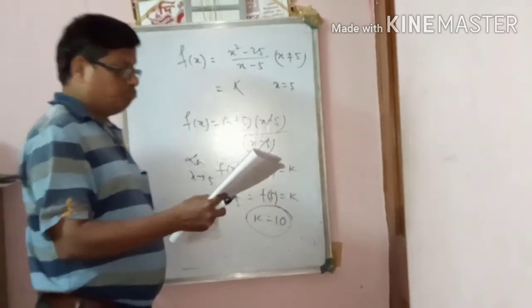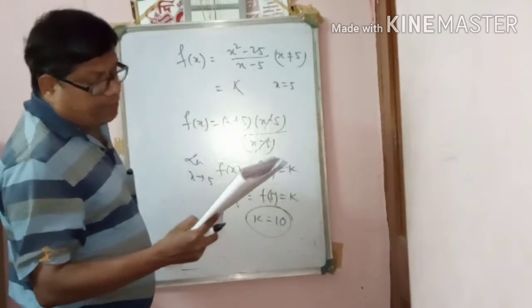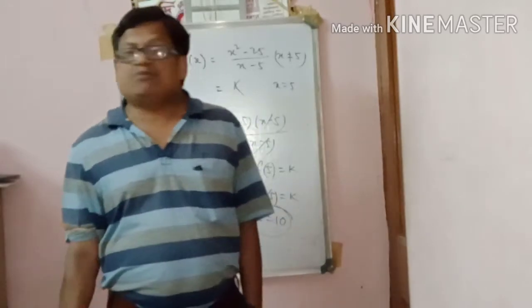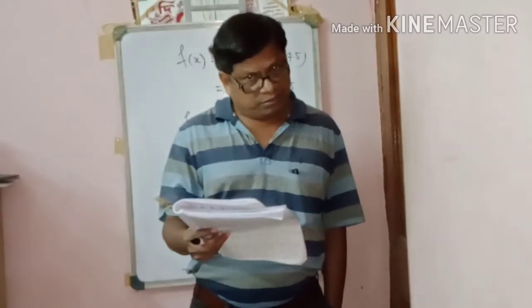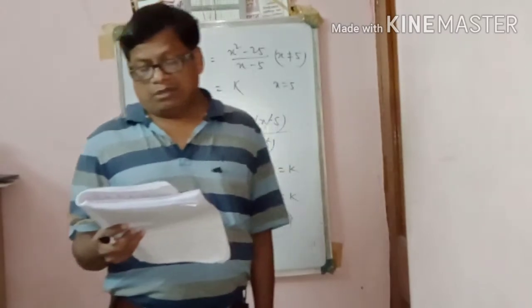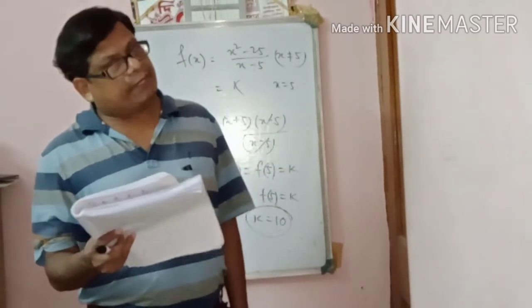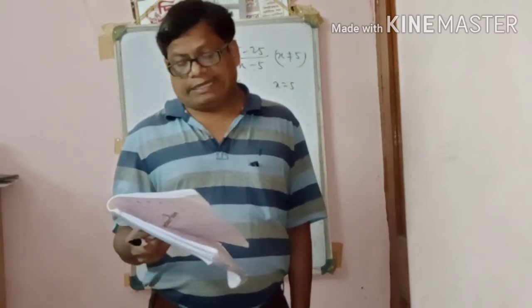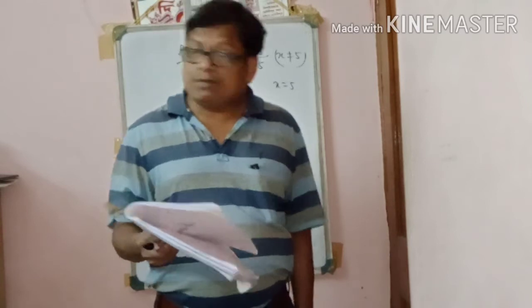Next, the derivative of an even function. The derivative of an even function is: options are odd, even, both even or odd, none of these. Which option is correct? The derivative of an even function is there.